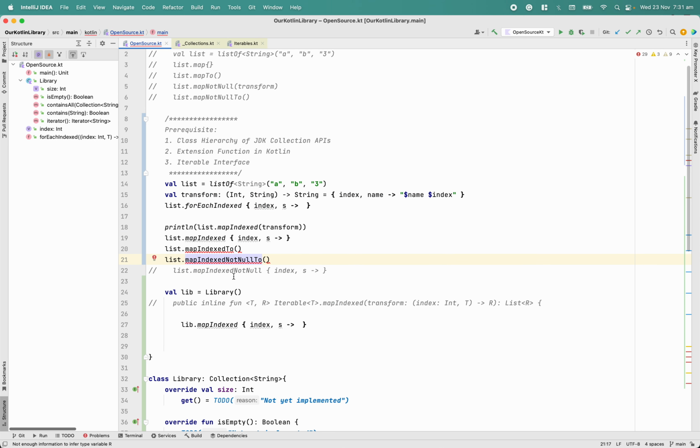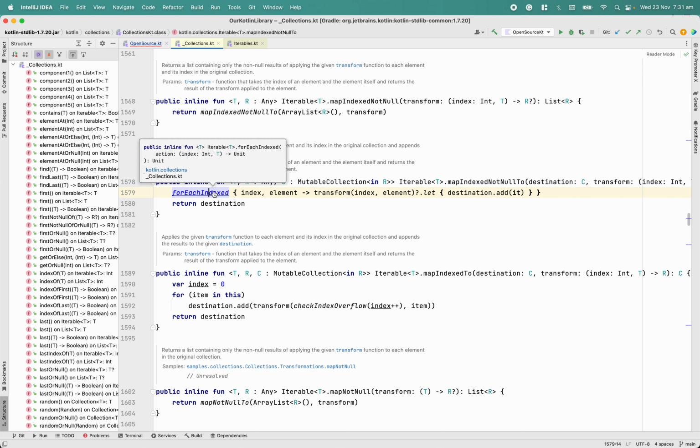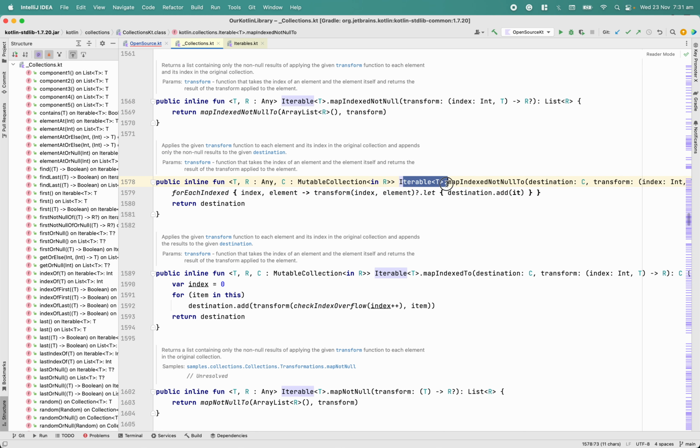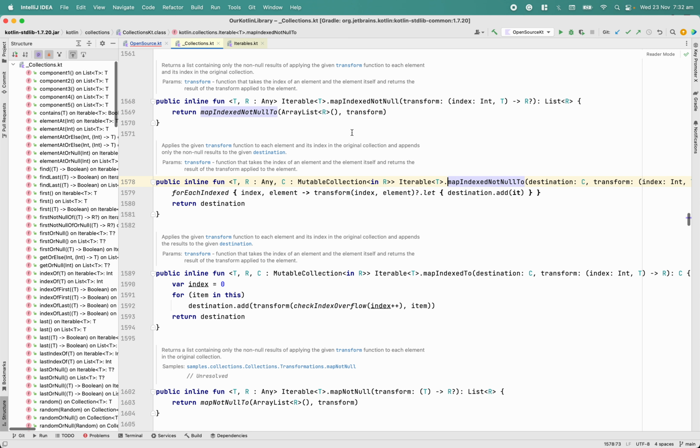So if we go again and review this, so in this case once this is map not null, they are getting the benefit of this already implemented function forEachIndexed. Once this is going to be called on this iterable, first time it will get from here. So I'm passing a lambda. Internally index is taken care by this method, and then they are only passing this index plus plus and item. So the question is, which is for you guys, why not they are implementing the same technique which they use in a